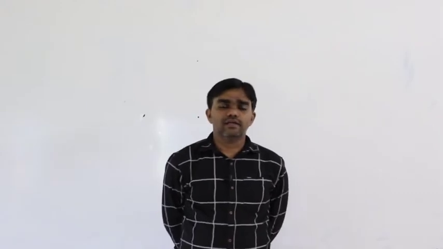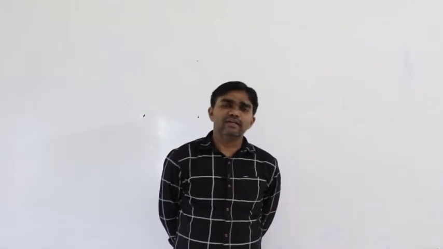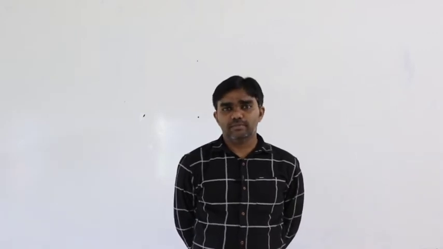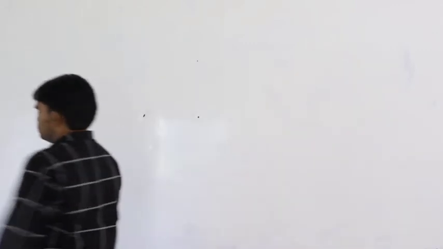So here, first of all, what is the direction of the magnetic field on the axial line of the bar magnet? The direction of the magnetic field is from south to north, that is, in the direction of the magnetic moment, on the axial line. But on the equatorial line, the direction of the magnetic field is opposite to the direction of the magnetic moment. So based on this, we can do some example problems.